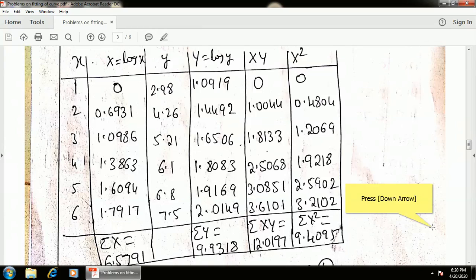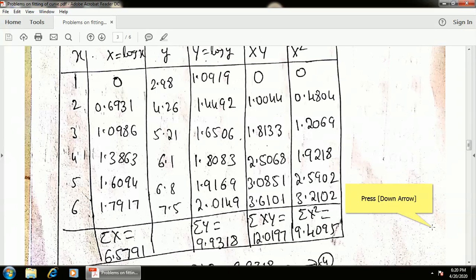Similarly, for the given small values of y, you need to find out capital values of Y using the relation Y is equal to natural log of y, ln of y. Now find their sum. Their sum means capital X and capital Y product, also capital X square it is, not the small x small y, capital X capital Y. Okay, and find their sums. Sigma capital X, sigma capital Y, sigma capital XY, sigma capital X square.